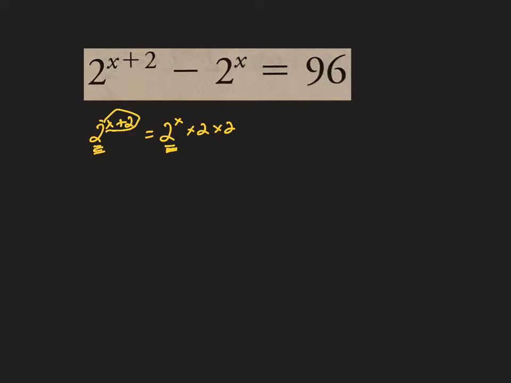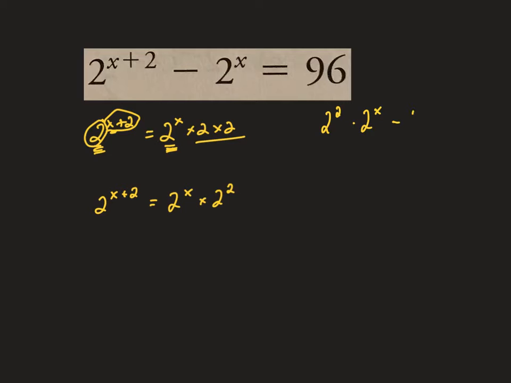It's just 2 multiplied by itself x times, and then times 2 times 2. There's an extra 2 there. So the exponent law says that 2 to the a plus b is the same as 2 to the a times 2 to the b. That's another way of looking at it. It's just knowing that exponent rule. Okay, so knowing that, we can say that 2 to the x plus 2 is just 2 to the 2 times 2 to the x